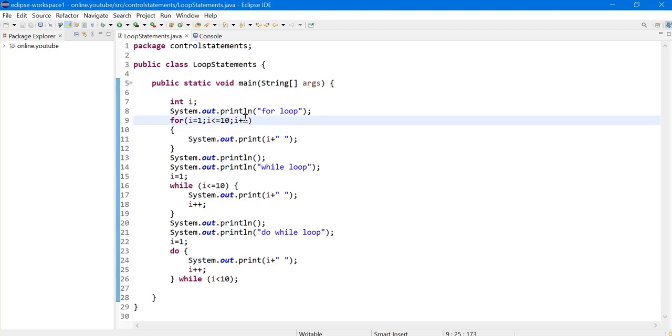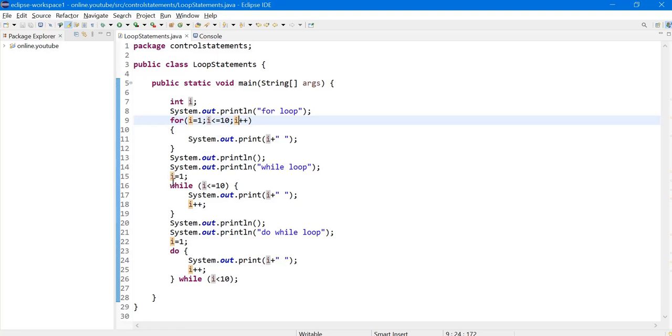That means for the loop to execute there should be a certain condition. So this is that condition which says the value is incremented every time. This could be an incremented or decremented value, depending on the condition that you give. Because here my requirement is to print the numbers from 1 to 10, hence I gave my iteration as I plus plus. So this is the for loop condition which I gave, and I am printing the I value.